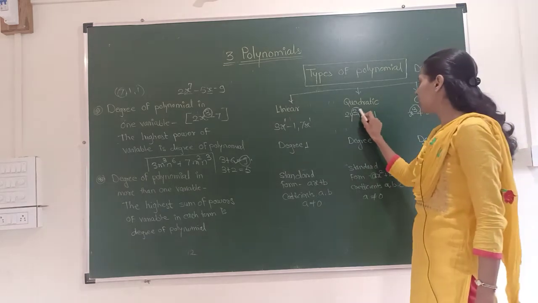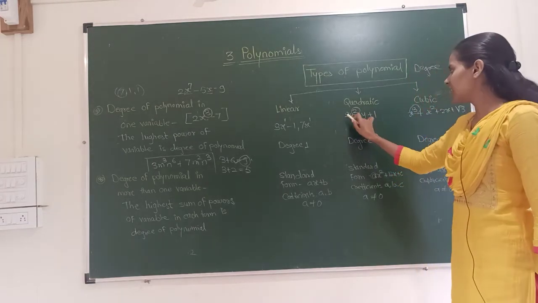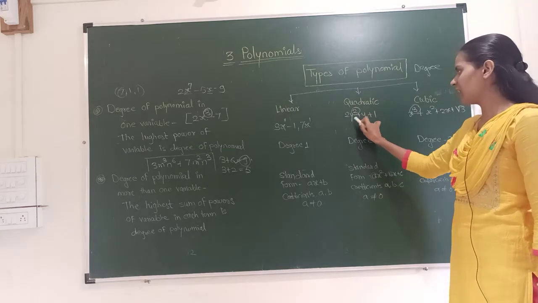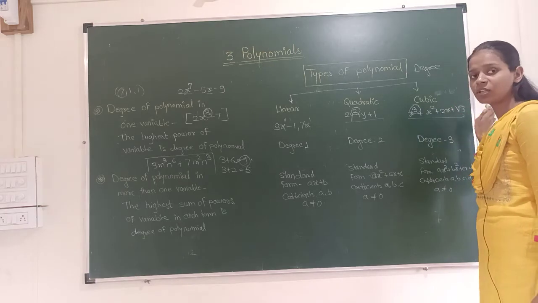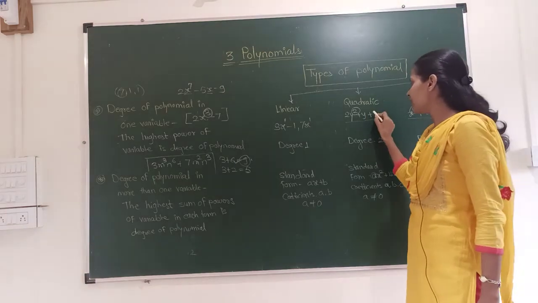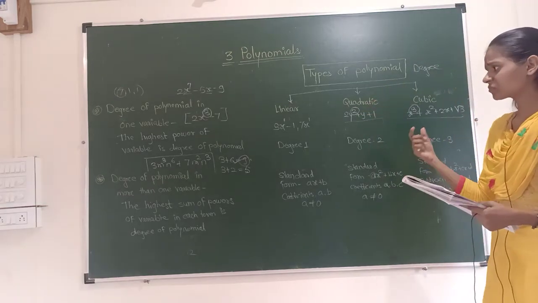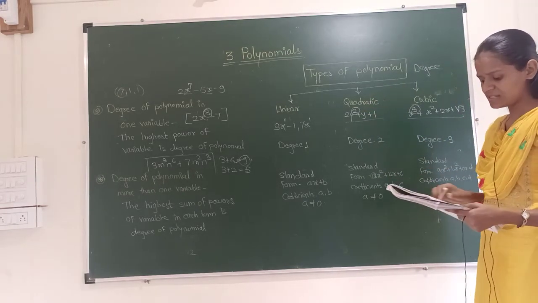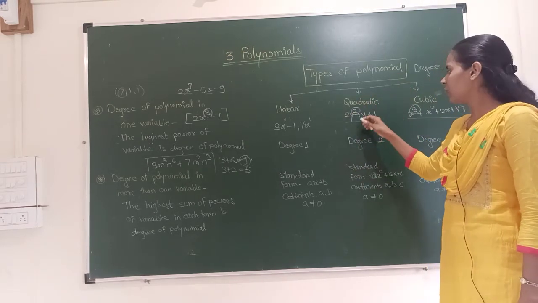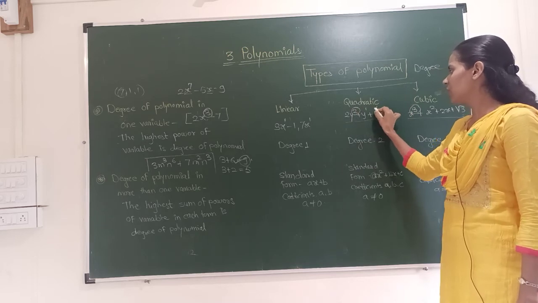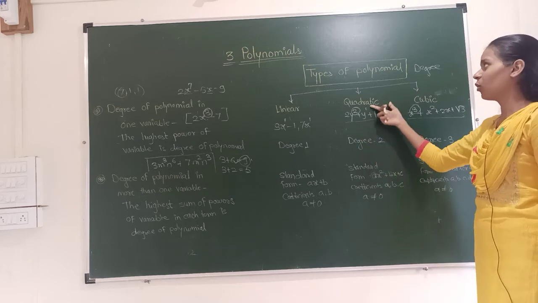What is meant by degree? If we are comparing this, these are the degree. These are the polynomials in one variable. Here is y, so variable is only y. Here is x, the variable is only x for the whole term. Therefore, the highest power is the degree. If we compare the powers 2, 1, 1, the highest power is 2. Therefore, 2 is the degree. Therefore, this is of degree 2, quadratic.